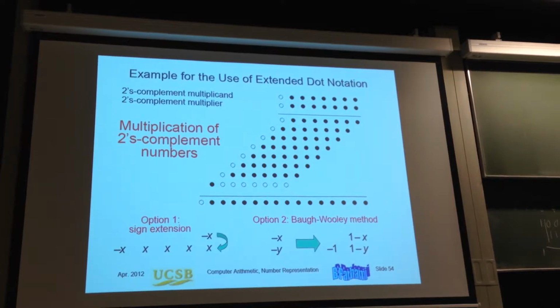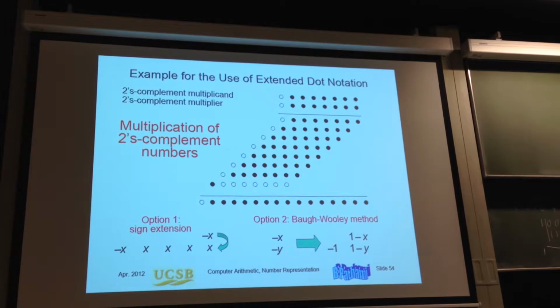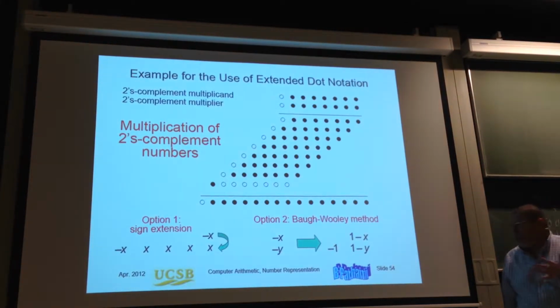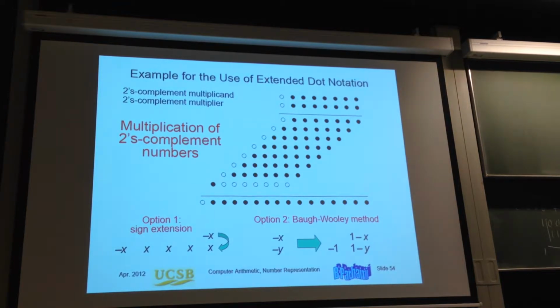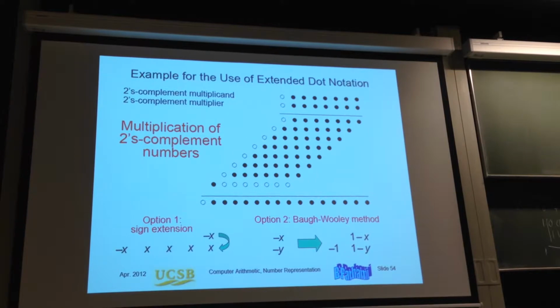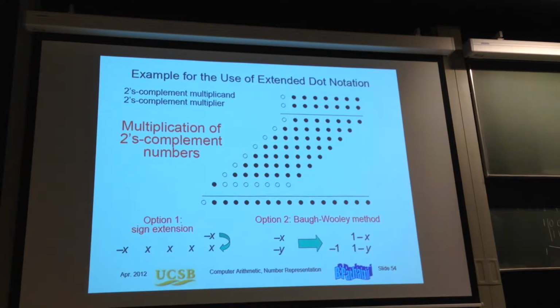This is good, it's robust, it's nice, but it will cost me some hardware. There is another technique which is called Booth recoding, where you replace a negative number with a positive number. I'll come to that whenever we discuss multiplication. I don't know why Farhani chose to put it here, but